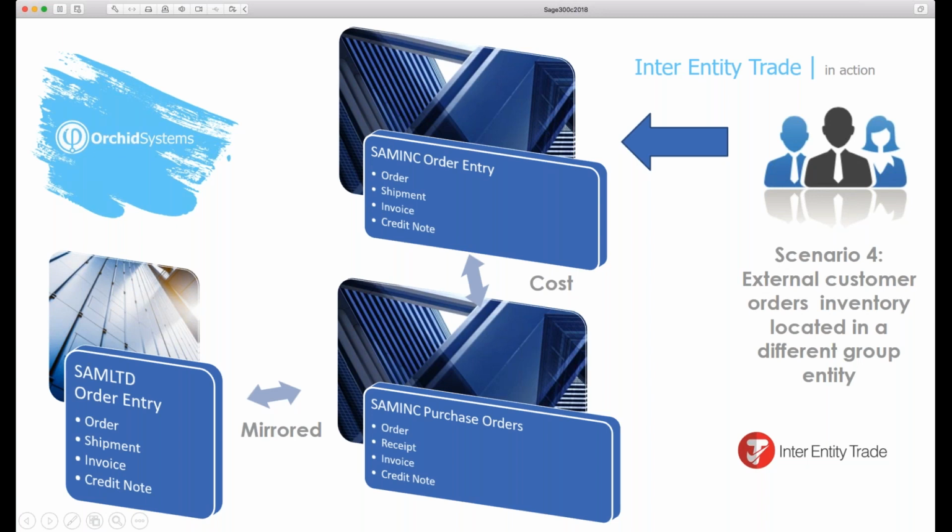And once that's all happened, when the order is ready to be shipped out of Sam Limited, we can then go into Sam Limited, which will then produce the shipment and the invoice for us. And that will then ripple back through into Sam Inc. It will update the purchase order with the receipt and a purchase invoice, which in turn will update the order in Sam Inc. This is now going back to the original customer, where the shipment will be done and the